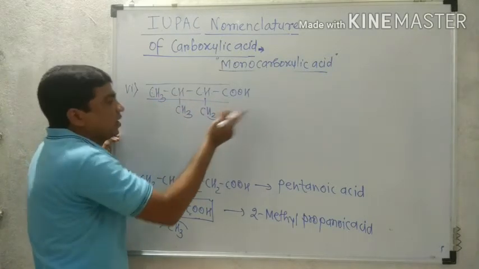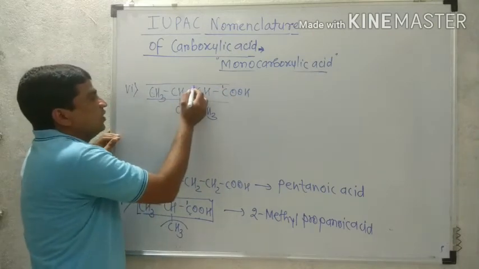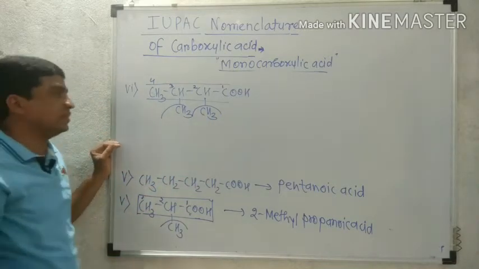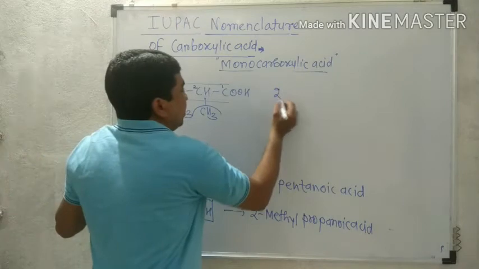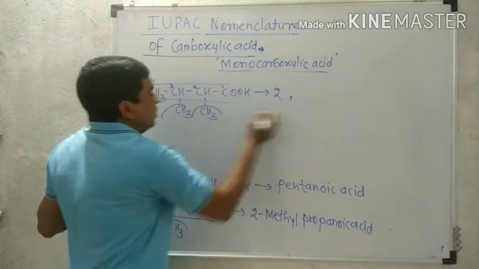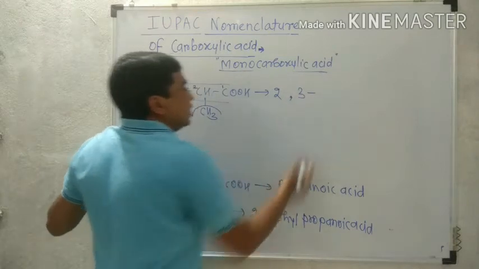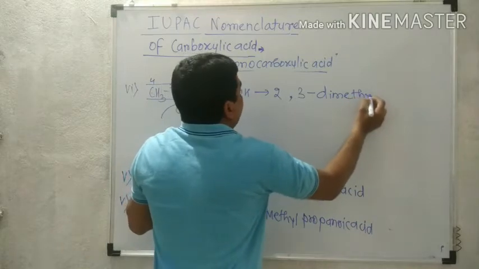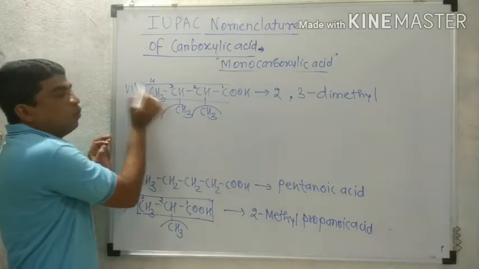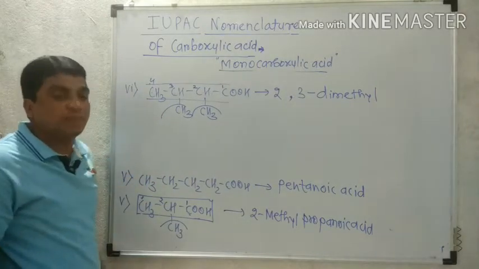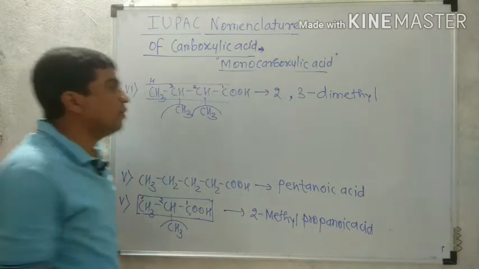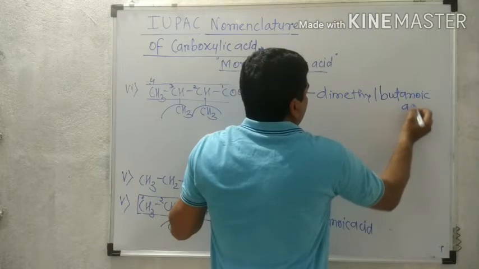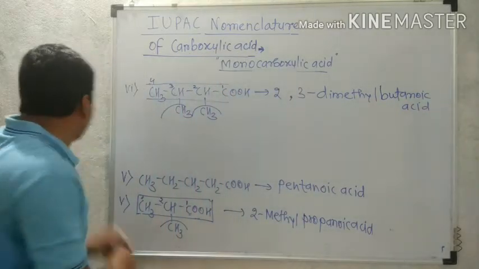So always number the carbonyl carbon as first, then the remaining second, third and fourth. These are the substituent side chains present in the structure. Therefore, write the position of the substituents. The second carbon contains one, comma, the third contains one. They are the same side chain, therefore di, which is methyl: 2,3-dimethyl. How many carbons are in the chain? Four. Therefore the respective alkane is butane, and by replacing the ending E and adding OIC acid, it is butanoic acid. So the complete name is 2,3-dimethylbutanoic acid.